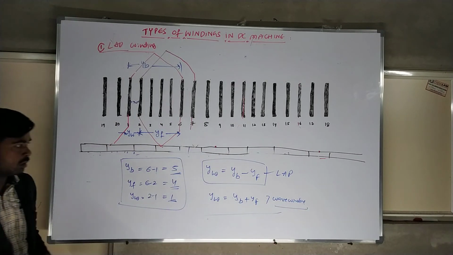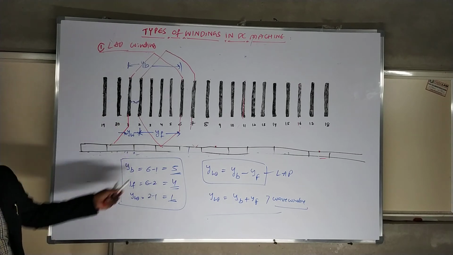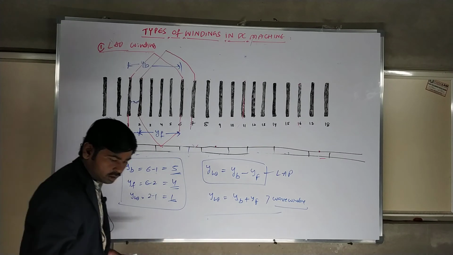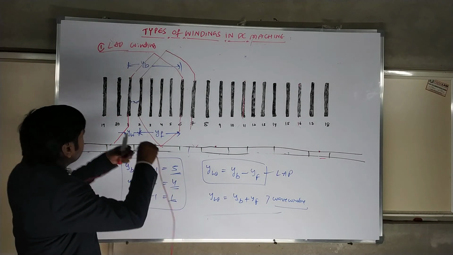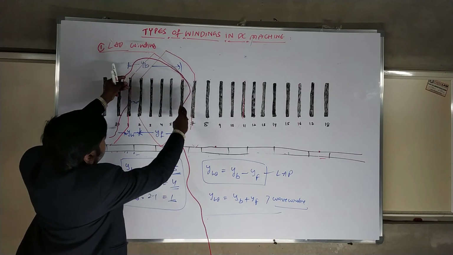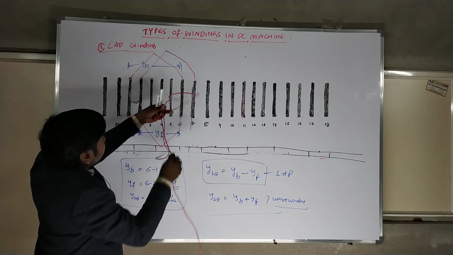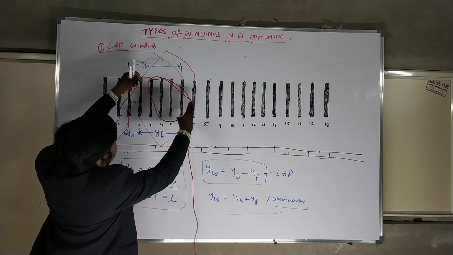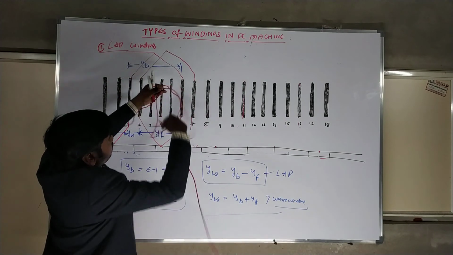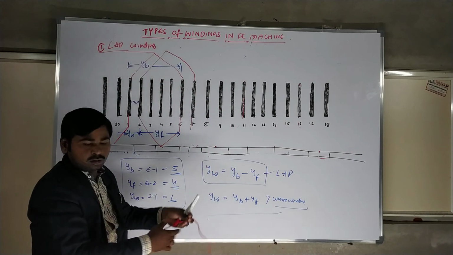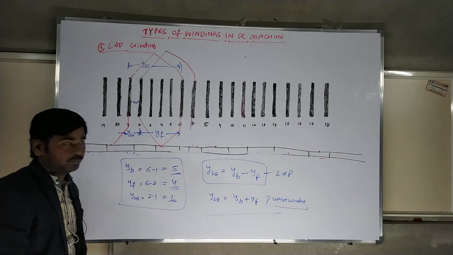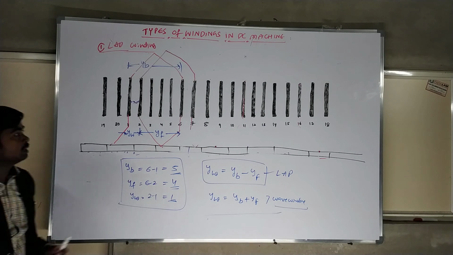This is the observation we have to understand. This is called the lap winding that will take place. Let us understand the windings. It goes and comes over like this. This winding, then again this winding will come and go on like this. It's like loop models, one by one, and keeps on going. Like this, the winding takes place over here. That is, I think, very clear. Please look at it one by one. Let us go for further concepts.